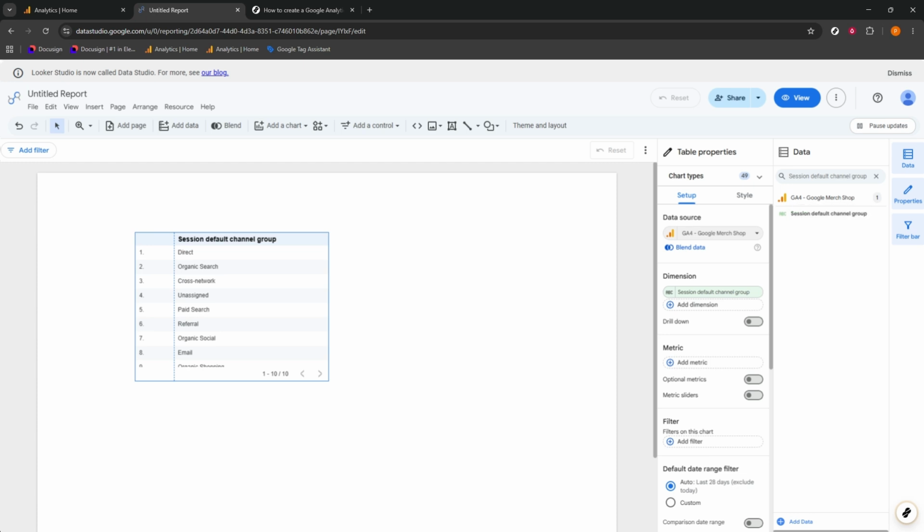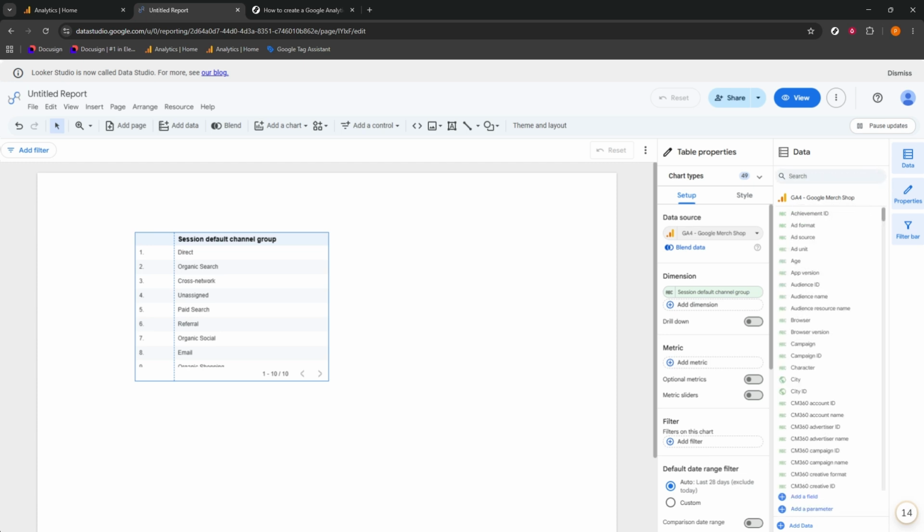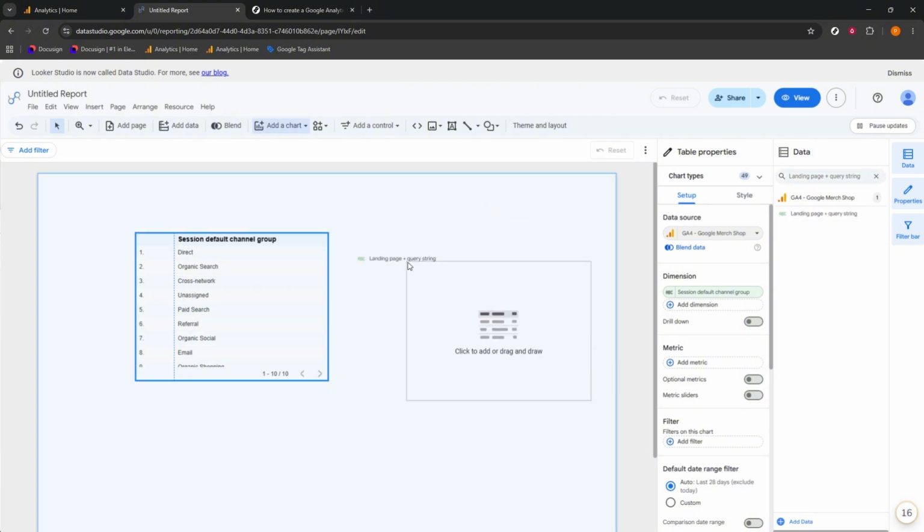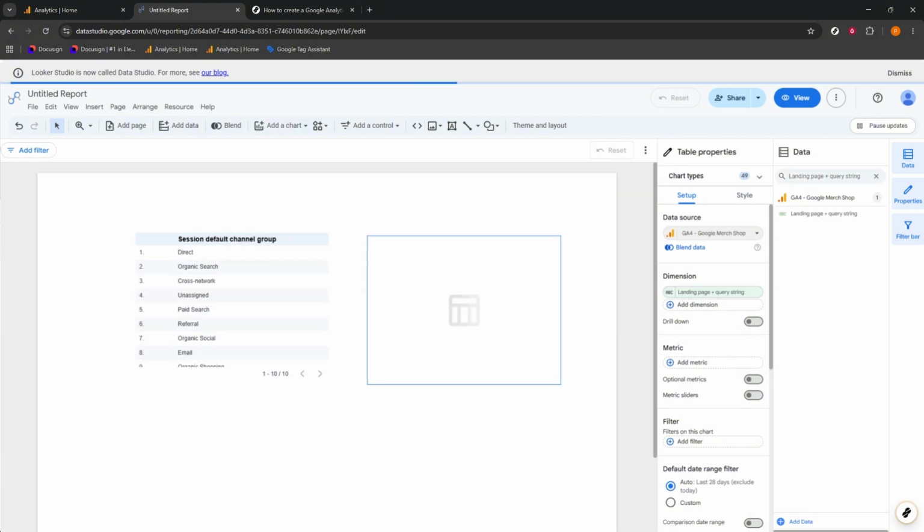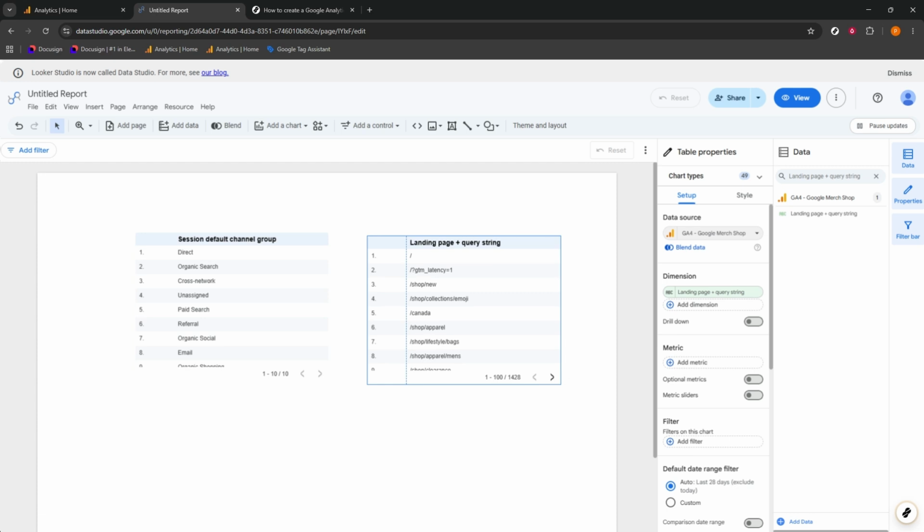For trends, insert a time series chart. Set the metric to sessions, keep the dimension as date, and again filter to organic search. This shows how organic traffic changes over time and helps you spot seasonality, spikes from a campaign, or issues after